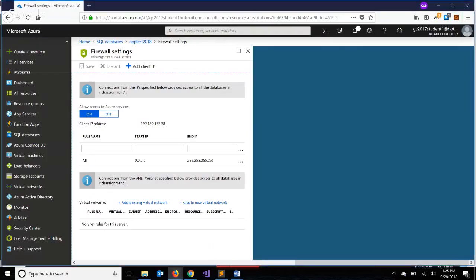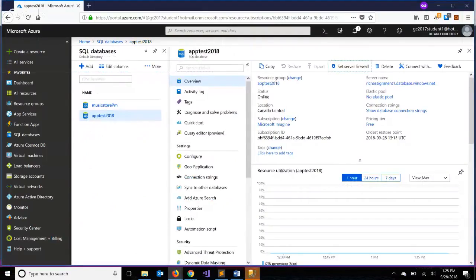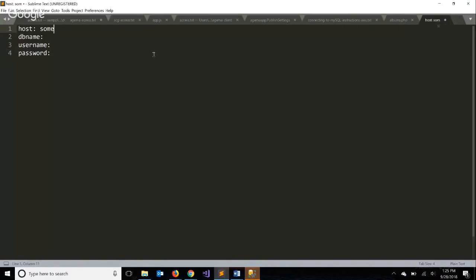And as I suggested, when you create the database, I suggested making a text file with the 4 pieces of information about your database, right? The server name, which will be something.database.windows.net. Database name here. Keep these credentials. Now we need to simply copy and paste each of these values, because as soon as